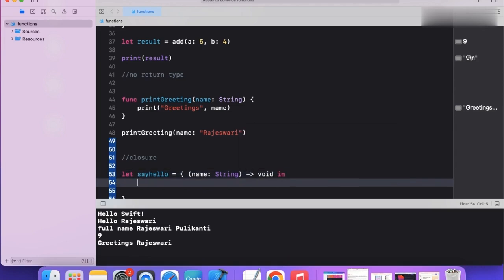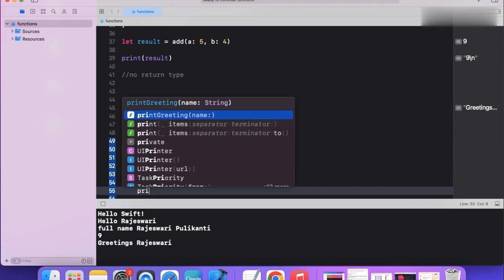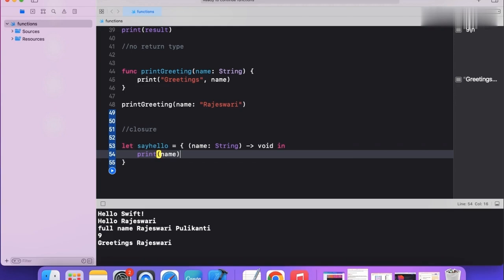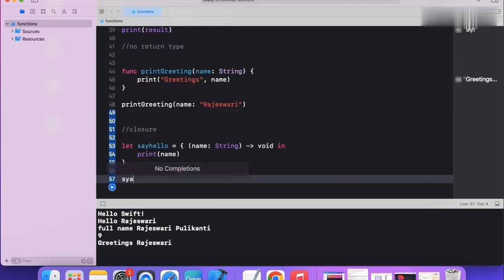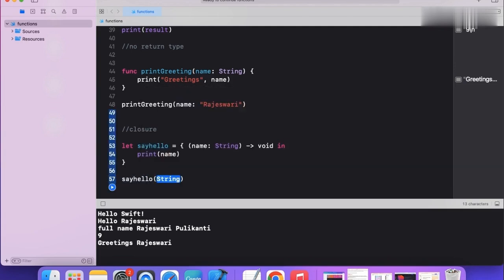To call the closure, we just use its name and pass in an argument, like directly sayHello with what we are going to pass. For example, I'm just sending my name. In the output, I should see hello Raji. So closures are really just nameless functions, and they are recommended when Swift handles things like events or performs tasks asynchronously.